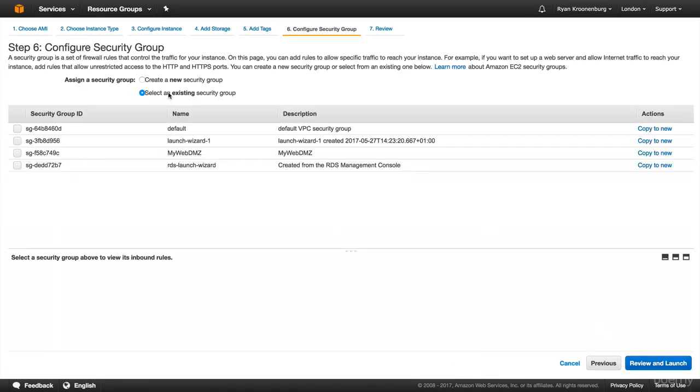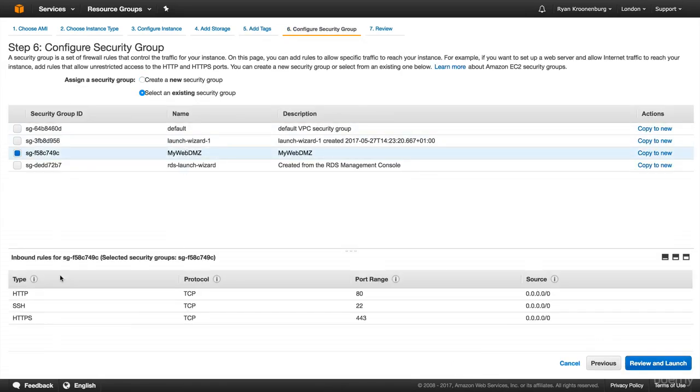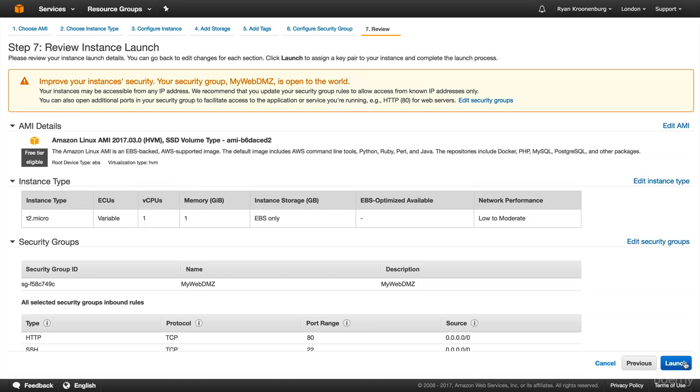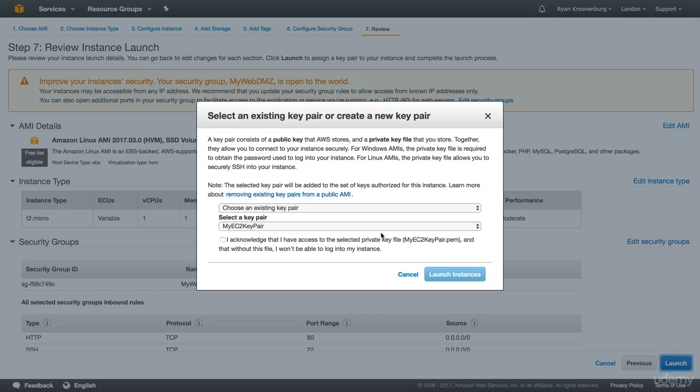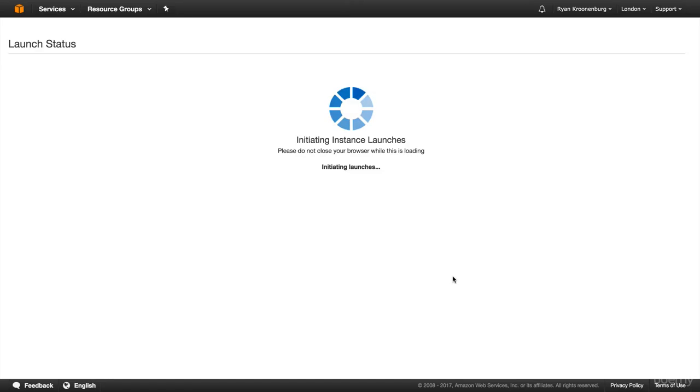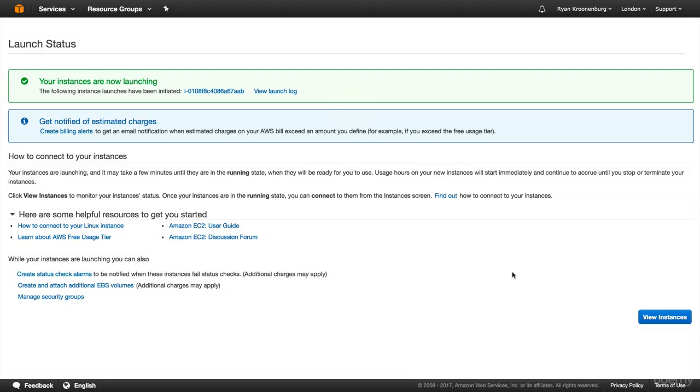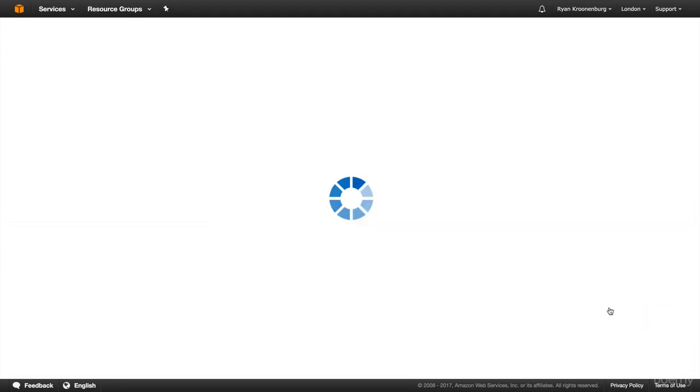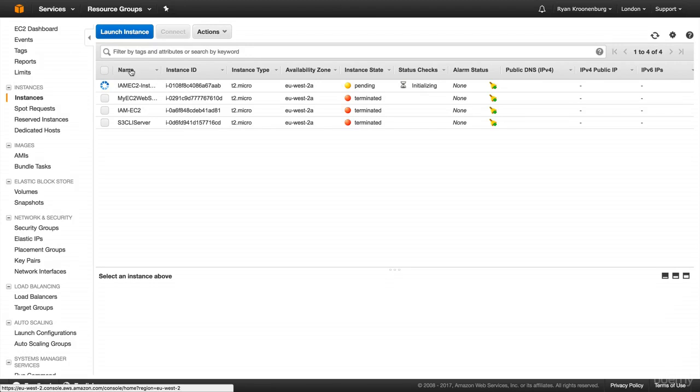Going to add this to my WebDMZ security group, which just has ports 80, 443, and 22 open to the world. Going to hit next. I'm going to launch this instance, using an existing key pair that I have. So while that instance is launching, we're going to go and create some S3